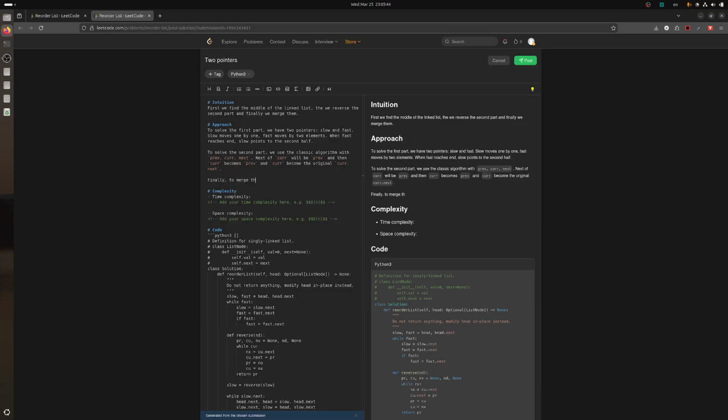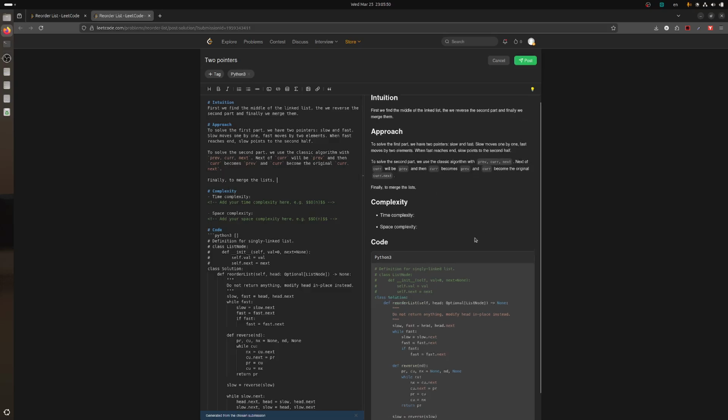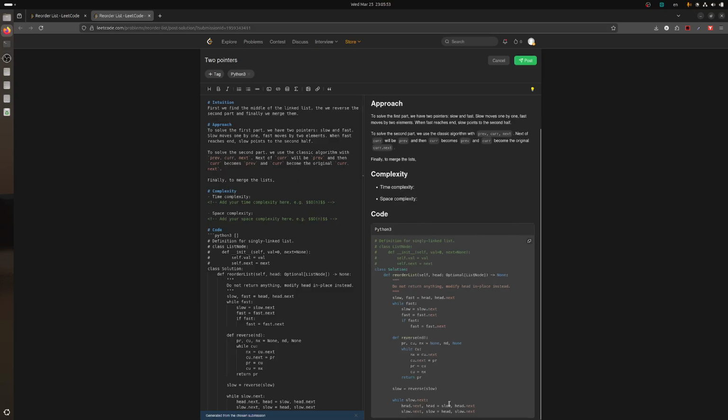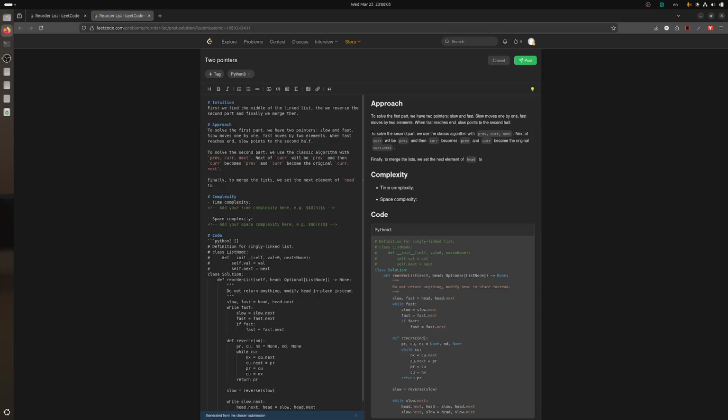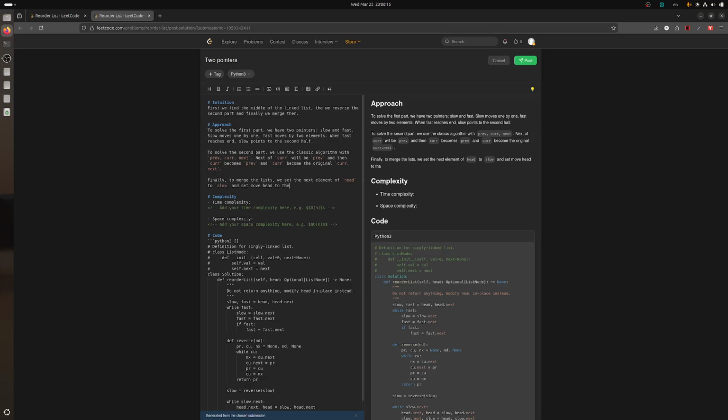Finally, to merge the lists, we set the next element of head to slow and move head to its original next element. Then we